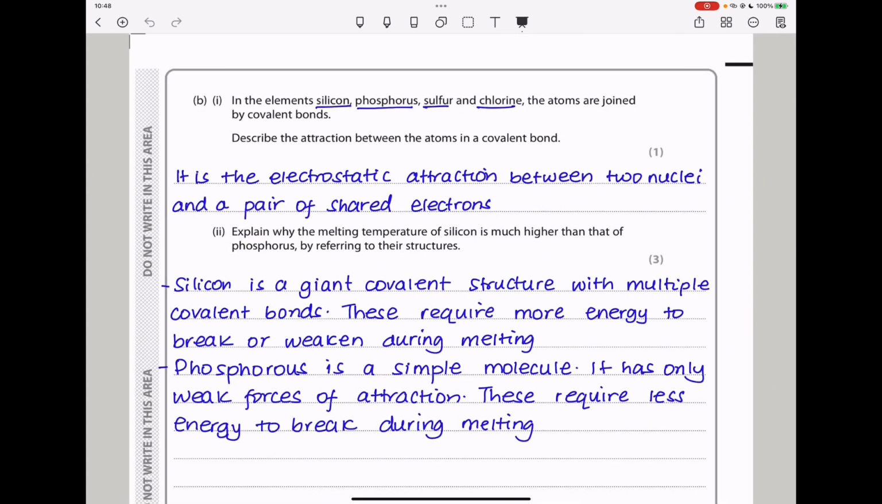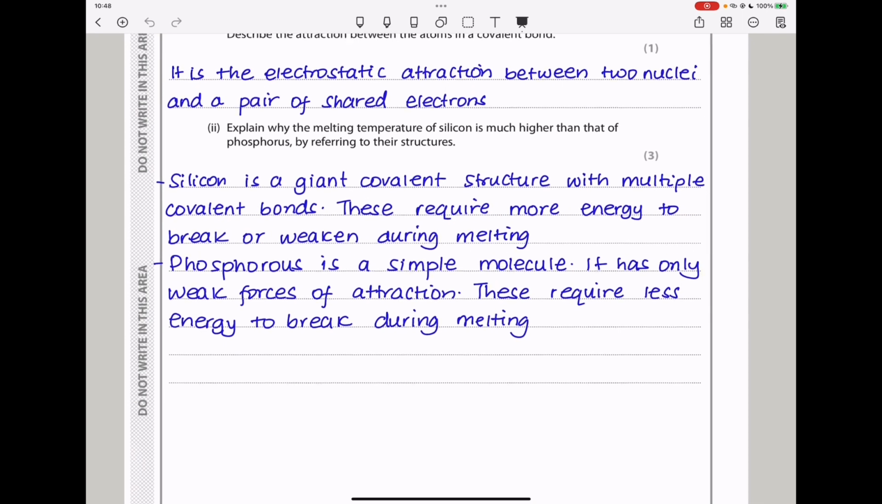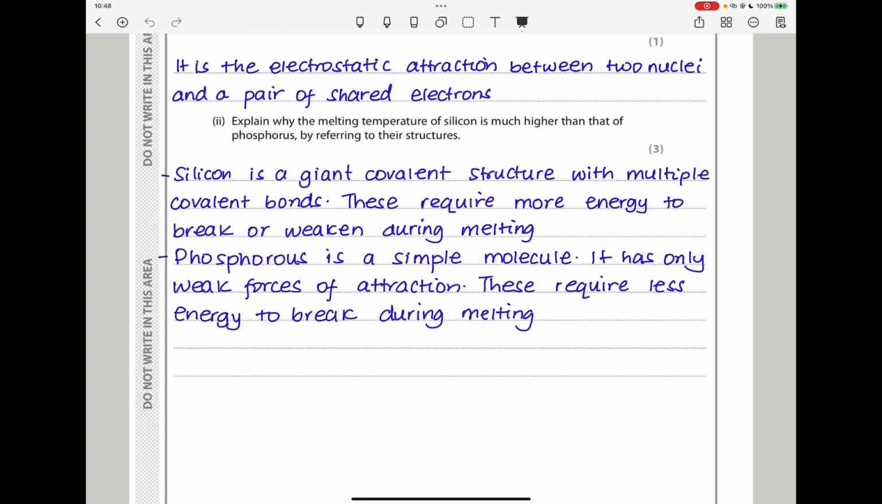Moving on. In the elements silicon, phosphorus, sulfur, and chlorine, the atoms are joined by covalent bonds. They want you to describe the attraction between atoms in covalent bonding. The attraction of atoms in a covalent bond is an electrostatic attraction between two nuclei and a pair of shared electrons. Next, they say, explain why the melting temperature of silicon is higher than that of phosphorus by referring to